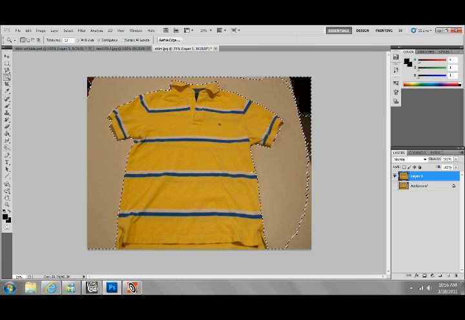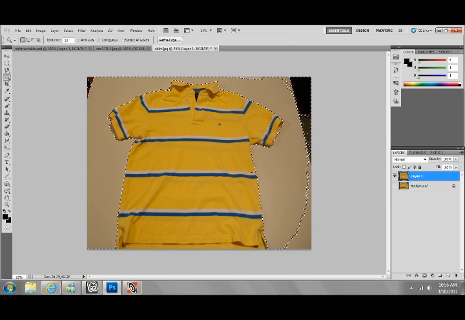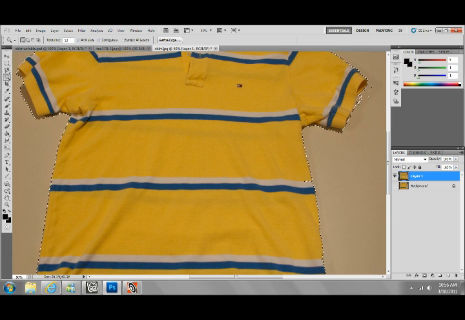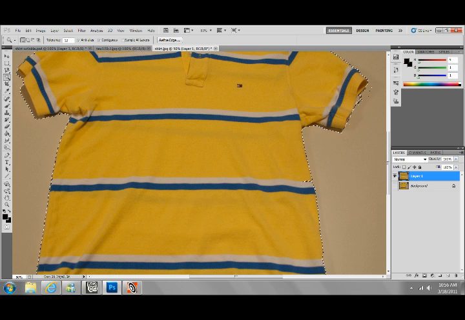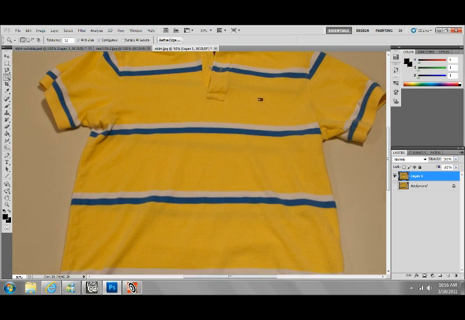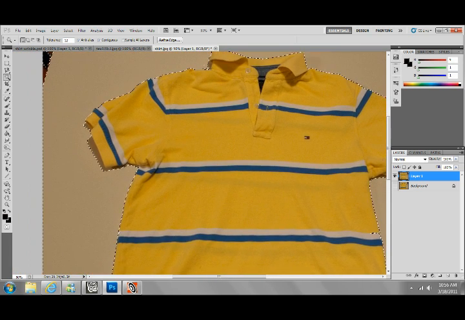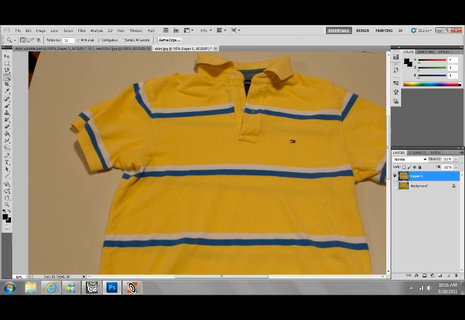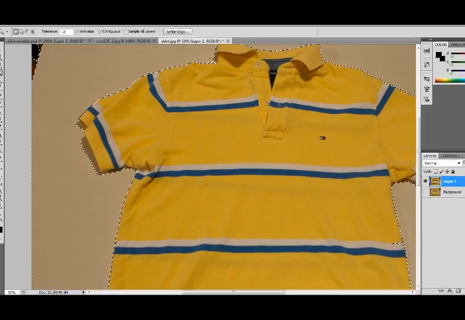But if you want to make it a lot cleaner, just zoom in by holding Ctrl plus. And if you want to pan to the left or to the right, just hold down the space bar and a hand will appear. Then just by holding the space bar, just drag it to the left or drag it to the right. The magic wand tool didn't get the shadow because it thought it was part of the shirt,